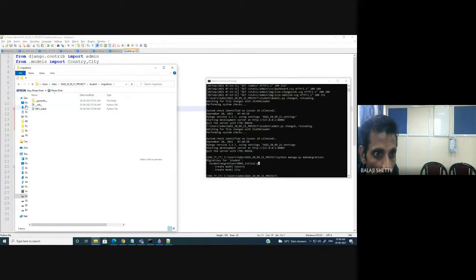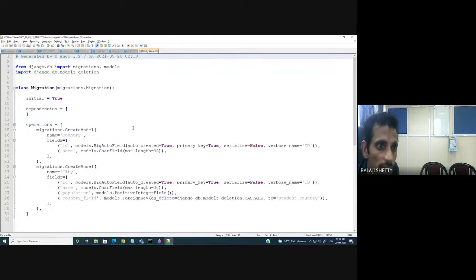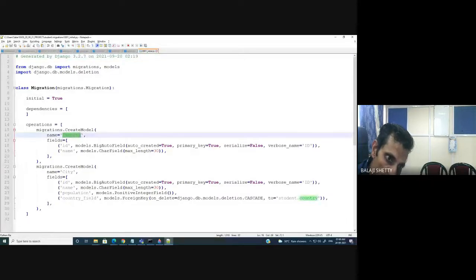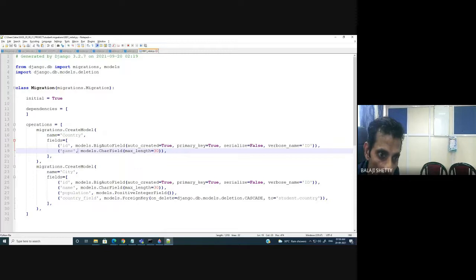Are they getting it or not? Now if you open this file content, you can see here we have created two tables. The first table name is country, the second table name is city. The first table's column is name, and the second table's columns are name, population, country field.